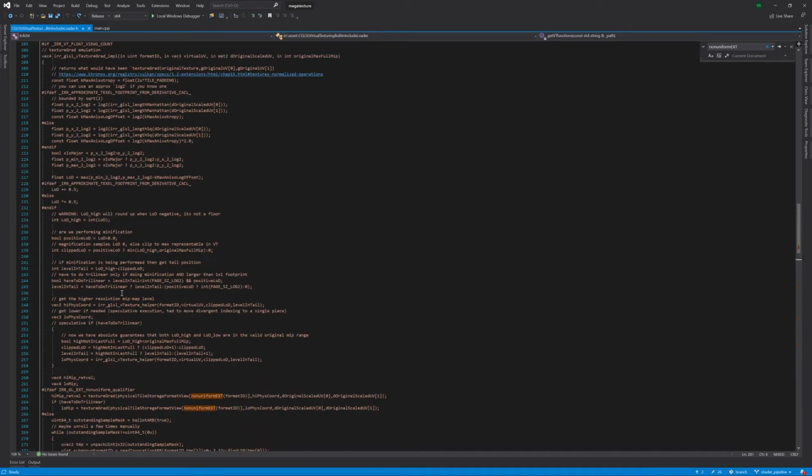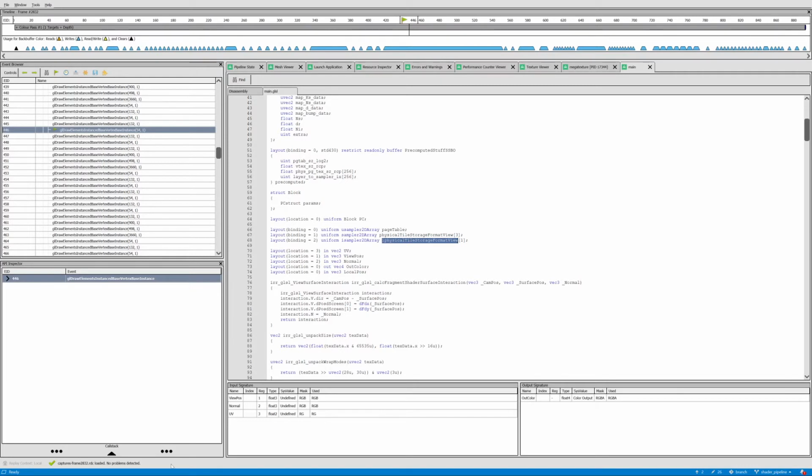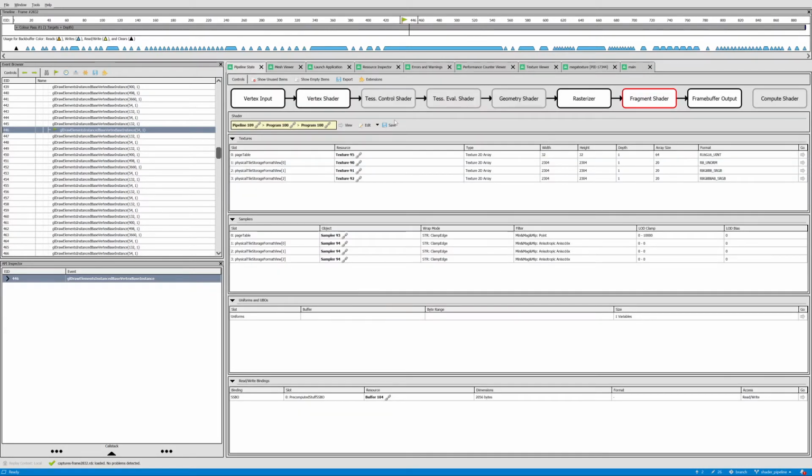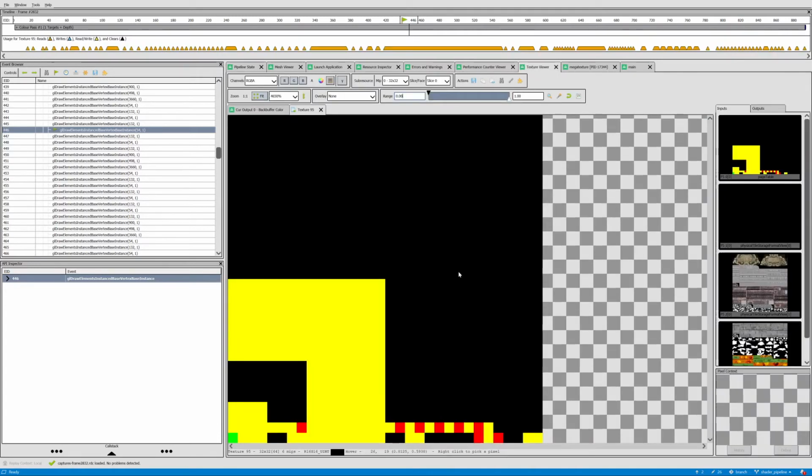And basically the way that we do it is we have this page table. I'm gonna switch to RenderDoc. So this page table that we have here, sampler 93, texture 95. We actually divide it